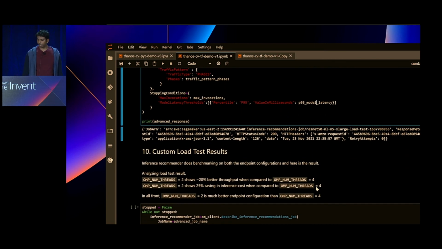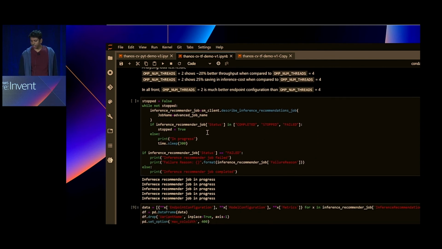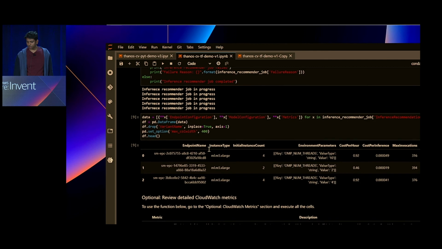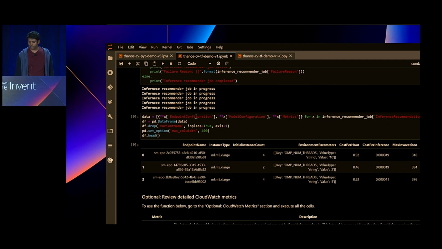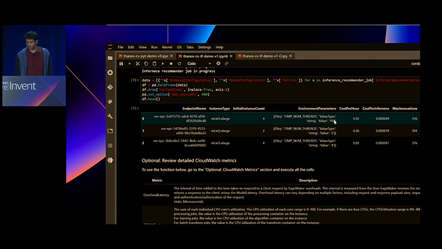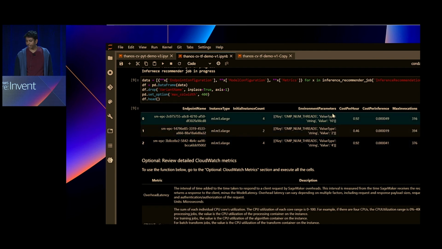Once all of these inputs are in, it's the same exact API for submitting the job, getting the status, and then finally describing the Inference Recommender results. And again, I formatted using pandas, so you can see the different environment parameter values that were inputted: 2, 4, and 10.